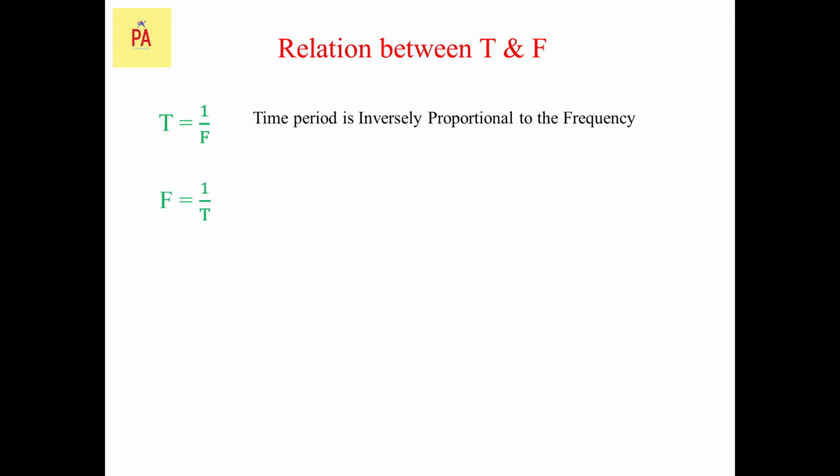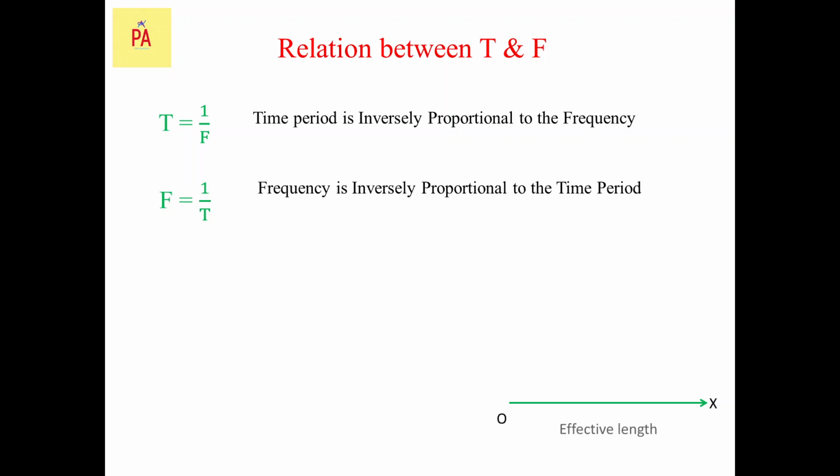In the reverse way, frequency is also inversely proportional to the time period. So that only it's been written. Now let us discuss over a graph. Let there be an x-axis from O, and on the x-axis let us put the effective length of the simple pendulum. Now let us put the y-axis as time, and we will discuss how time period and length can be discussed